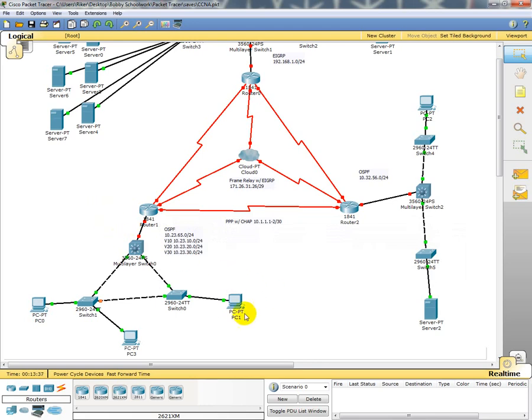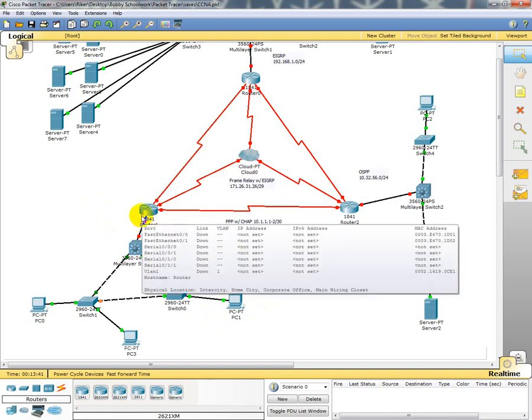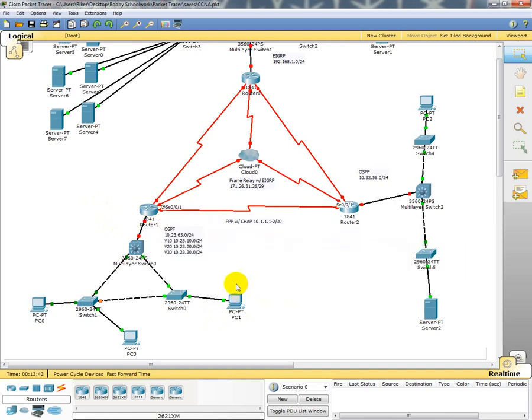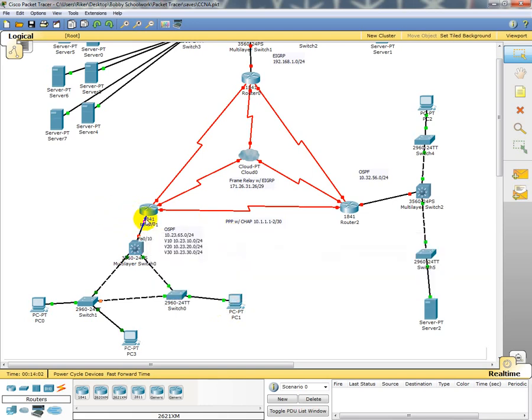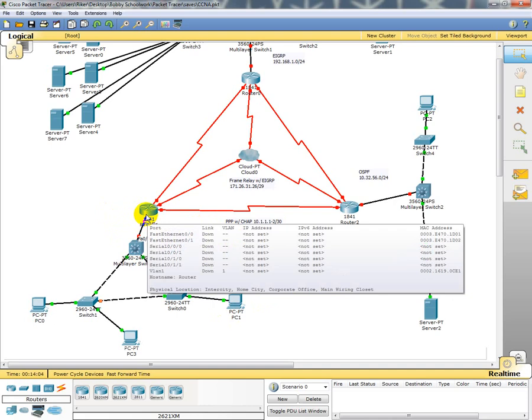Okay, well, the basic idea is this. In order for this computer on this VLAN to get to this router and off the network, this computer has to be on the same subnet as its default gateway. In this case, this is VLAN 20, and its network is 10.23.20.0. So you need to go to the router and configure an IP address under the fast Ethernet 0/0 interface,